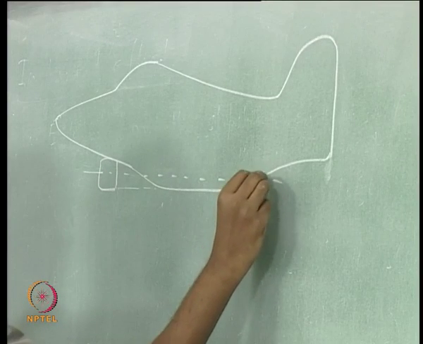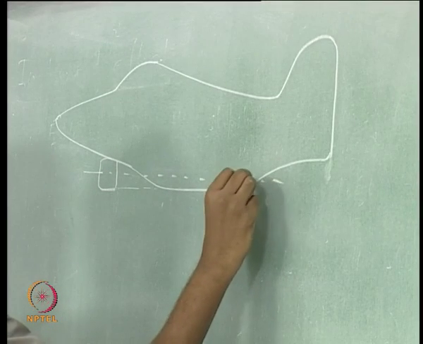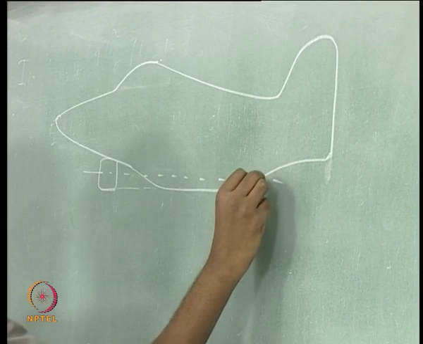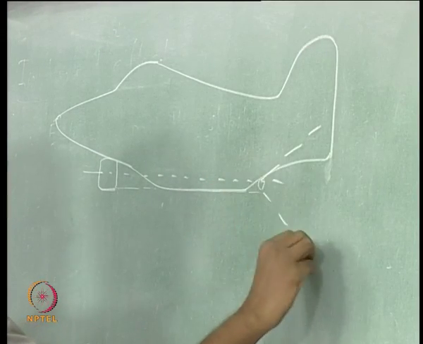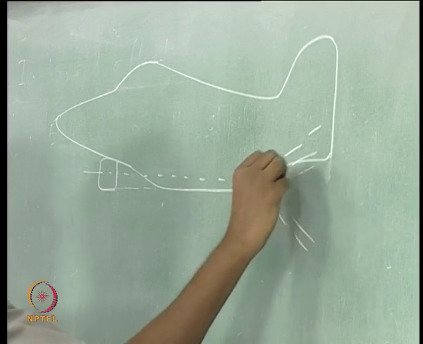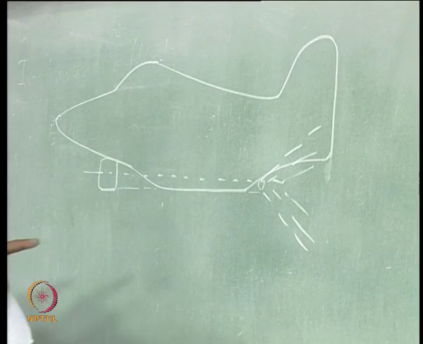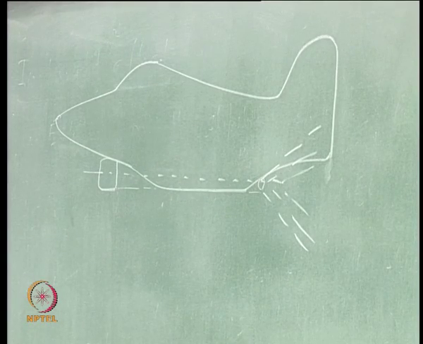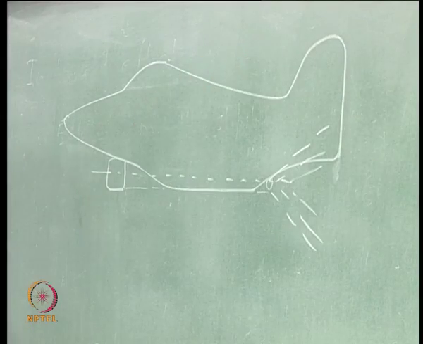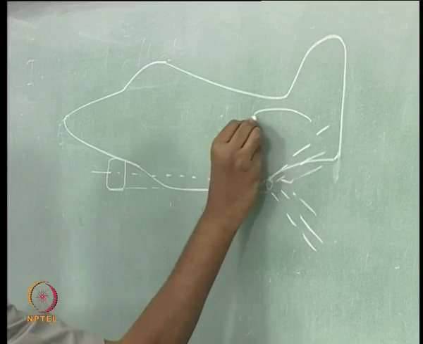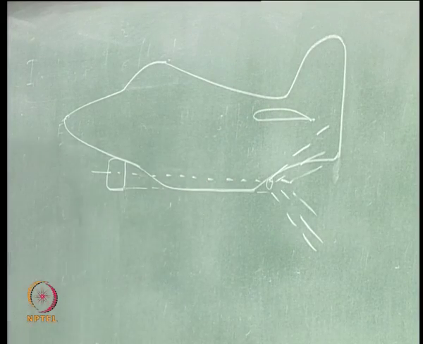So, here we have exhaust, the exhaust is going to be, right. So, jet engine. So, air stream coming out of this nozzle is going to expand, and if your tail is going to lie behind